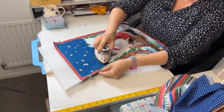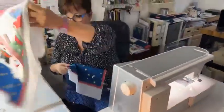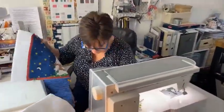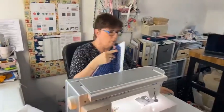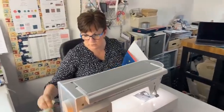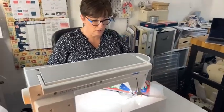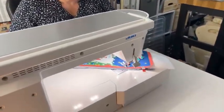Okay, so make sure that's nice and pressed, and then I'm going to put all my bits there. Oh, I've got a wheelie chair just run over my feet. Stitch number 1, so just a straight stitch, and I'm going to take the stitch length up to 3.2. Now I've got white thread in here as usual, and that's what I'm going to use. So I'm just going to stitch